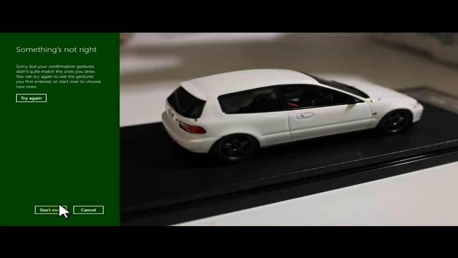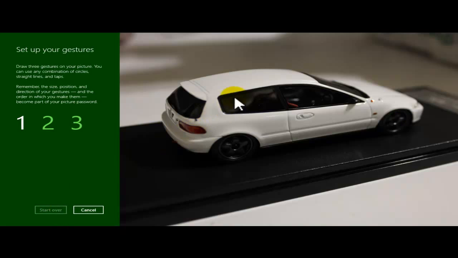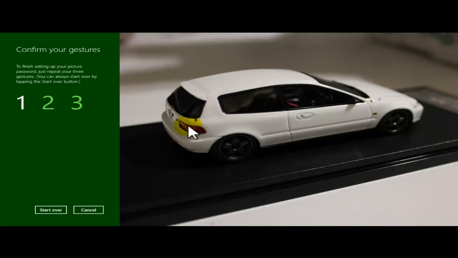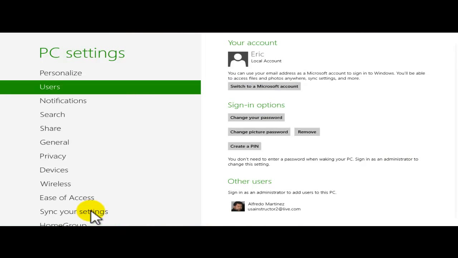Oops, I'm gonna have to start over. Okay, so let's try to do this easy. 1, 2, 3 lines on the picture, and I need to confirm. So 1, 2, 3. Okay, congratulations. Okay, now I'm gonna click on finish, and see, I just changed the picture password,